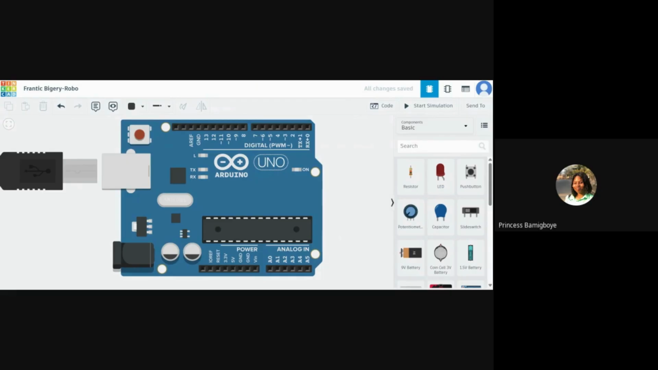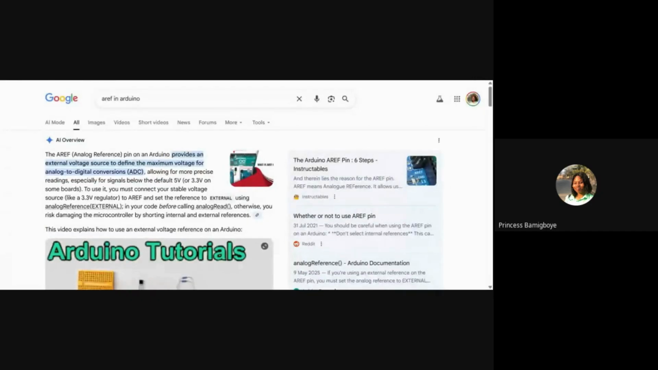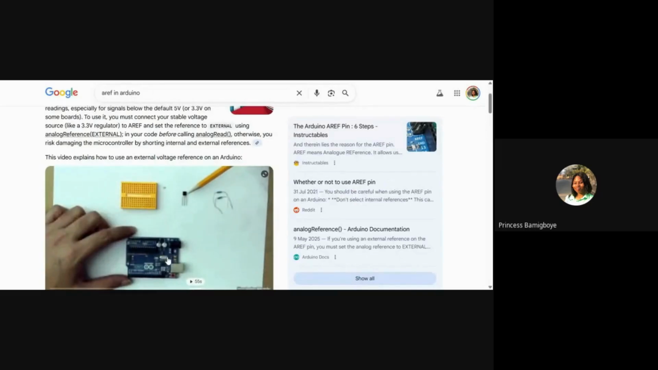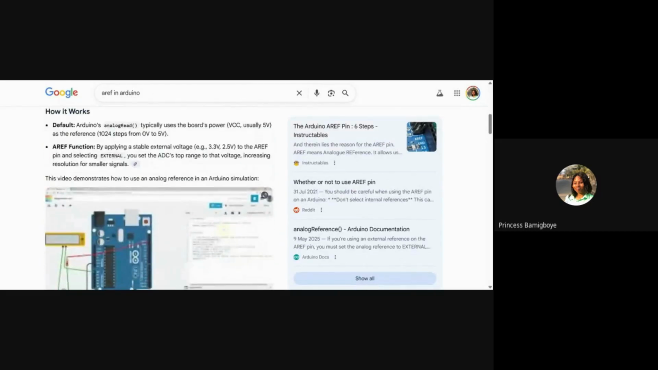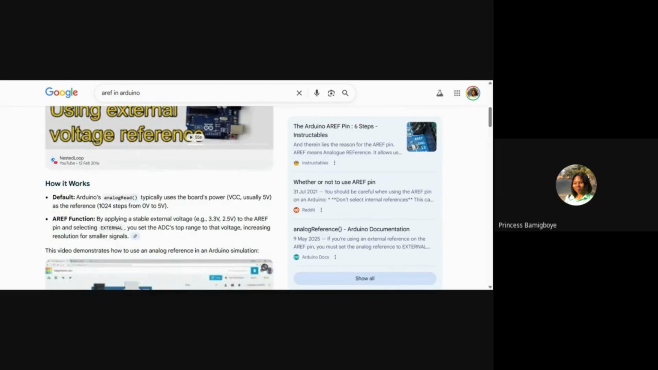Okay, so what this analog reference pin does is that it provides an external voltage source to define the maximum voltage. Let me just show you where I'm reading from. The analog reference pin on Arduino provides an external voltage source to define the maximum voltage for analog to digital conversions, allowing for more precise readings. Essentially, what it's saying is that whenever